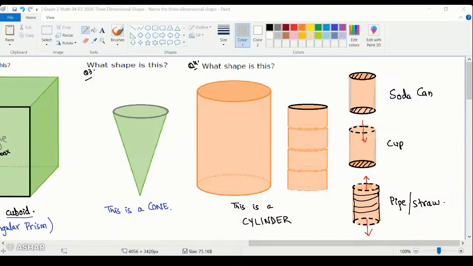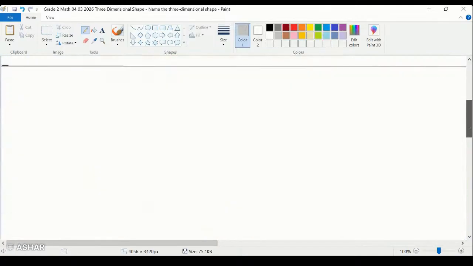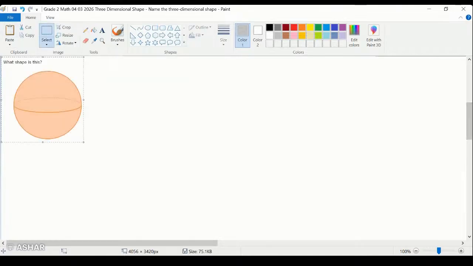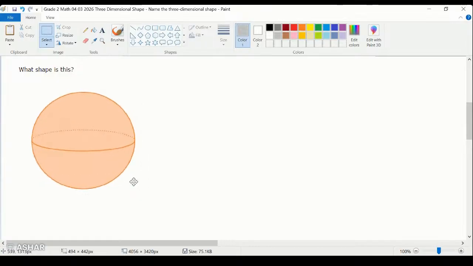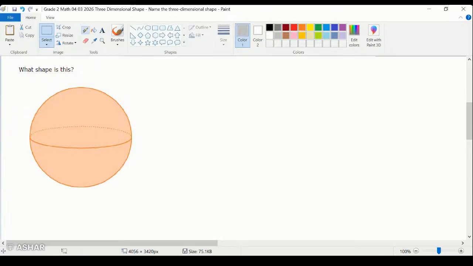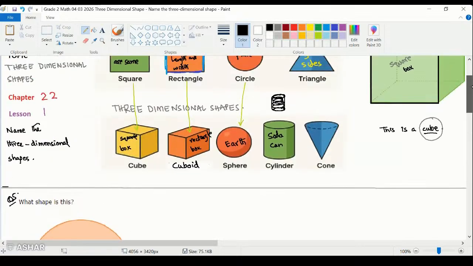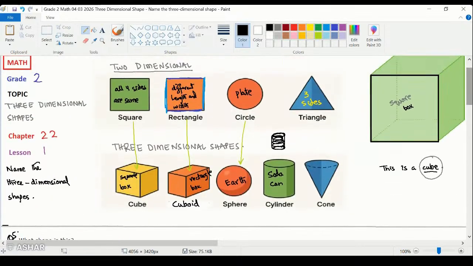Okay. What shape is this? Just a moment. In question number 5, they're saying a shape that is circular on all the sides is always known as, let's have a look over here. A shape that is circular on all the sides will be known as,